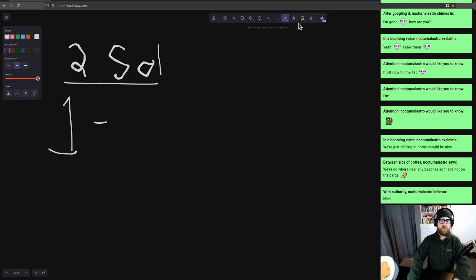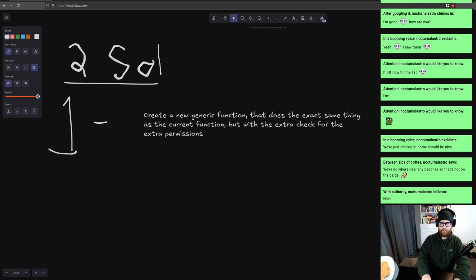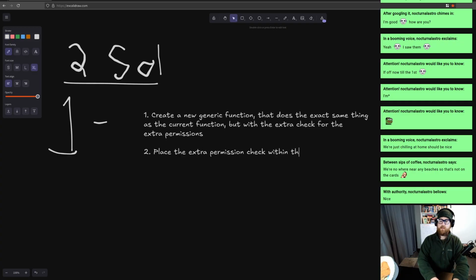Let me type this out. This is going to be a lot quicker if I type it out. So create a new generic function that does the exact same thing as the current function, but with the extra check for the extra permissions. So that's one. Two, place the extra permission check within this function